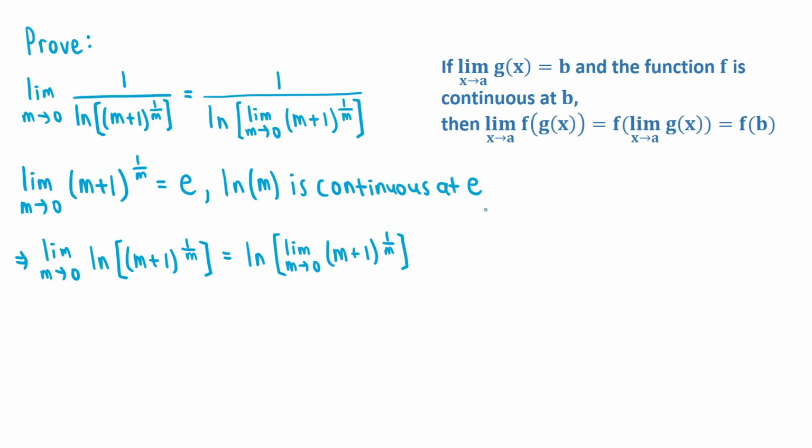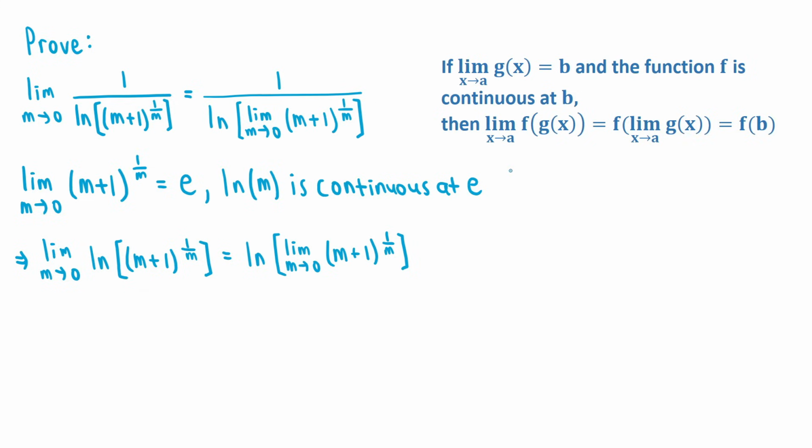So we can use the property for dealing with function composition when dealing with limits. So the property is, if the limit as x approaches a of g of x equals b, and the function f is continuous at b, then the limit as x approaches a of f of g of x equals f of the limit as x approaches a of g of x, which is equal to f of b. So since the limit as m approaches 0 of m plus 1 to the 1 over m exists and equals e, and ln of m is continuous at e,